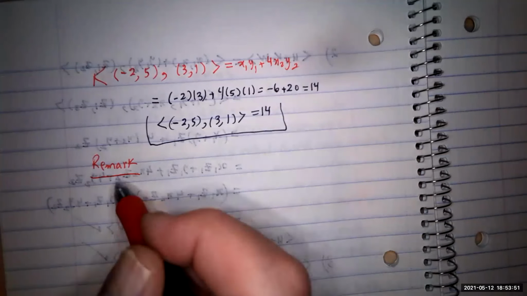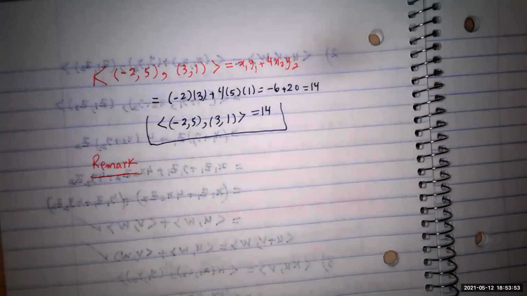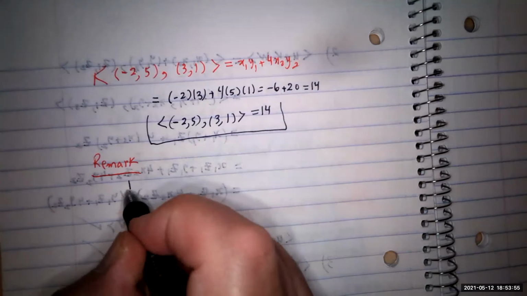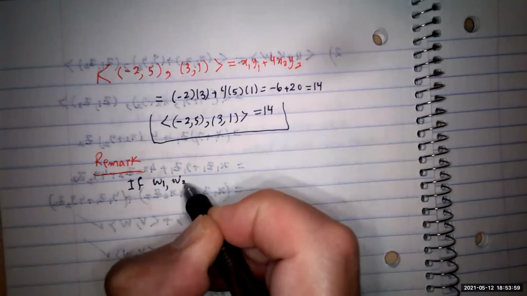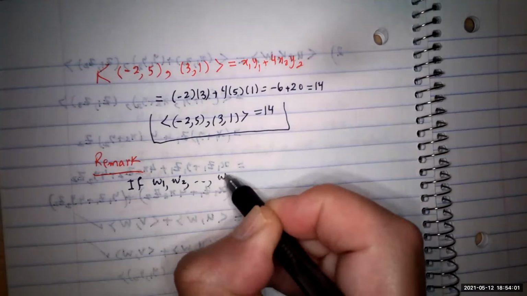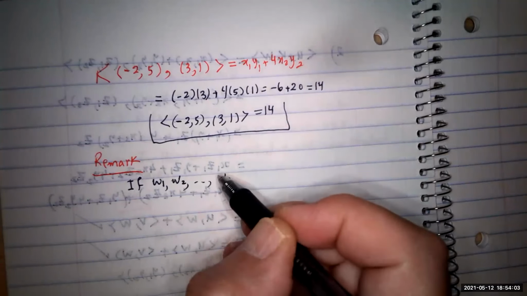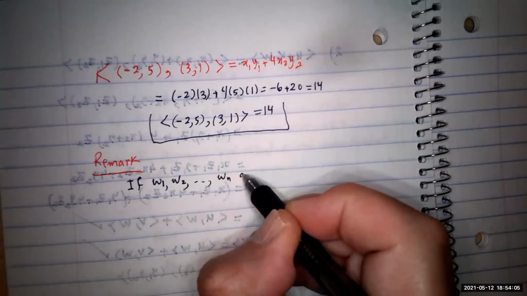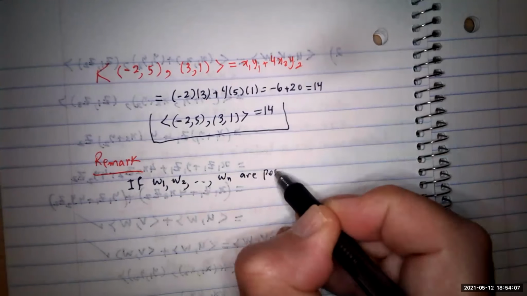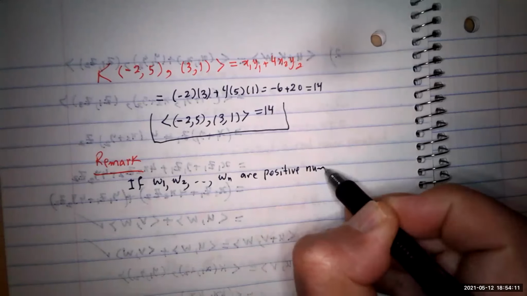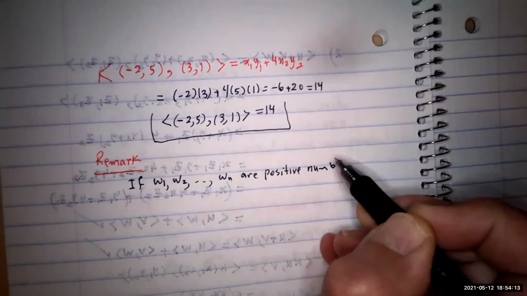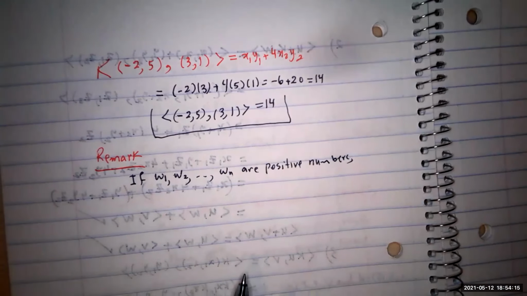In general, if you pick some numbers, you call them weights. If W1, W2, up to Wn are positive numbers,